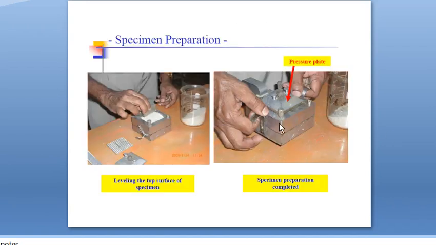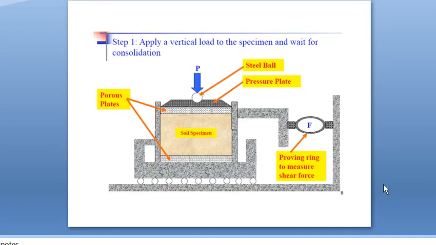Okay. First one is specimen preparation. For that, we are filling the shear box with the soil. Soil is leveled, and then the two plates are screwed through some arrangement. The shear box is split along the horizontal direction, and these two are connected by screws. This is the soil specimen preparation. In the first stage, we are applying vertical load or normal stress in order to consolidate the specimen. Usually we are applying a normal load of 25 kilonewton per meter square, and wait for consolidation. This is the first step.